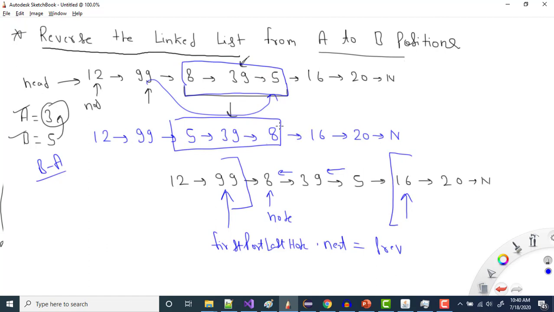Then I also need to connect from 8 to 16, and where we have the 8 is here, right? So once we are doing reversal, this 8 is basically the second part last node, right? So I am also taking a second part first node, right? So basically this is second part first node.